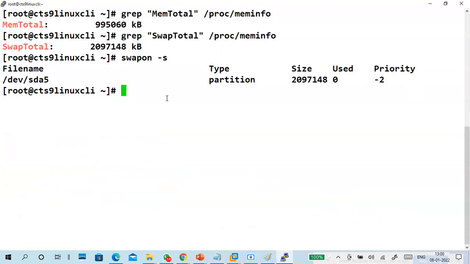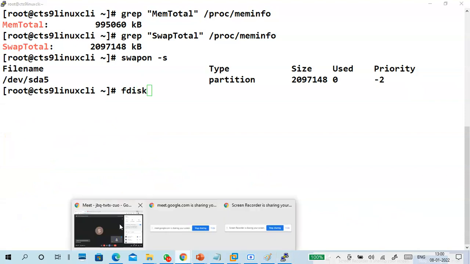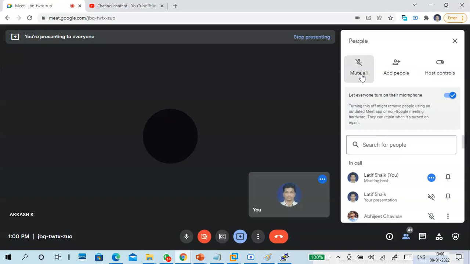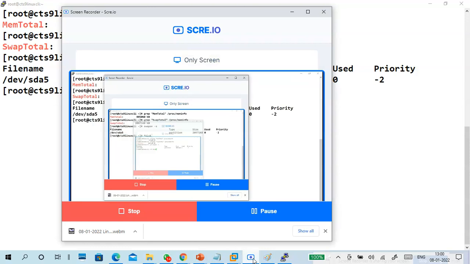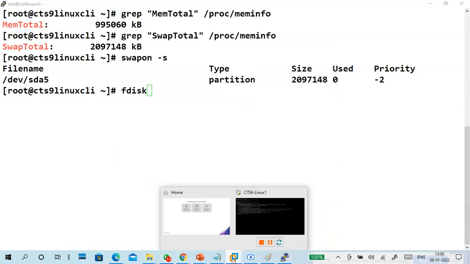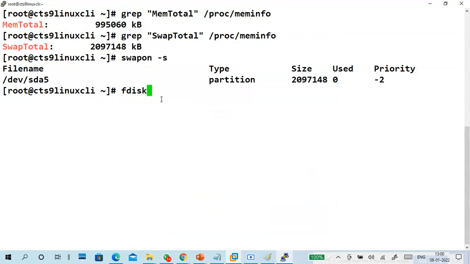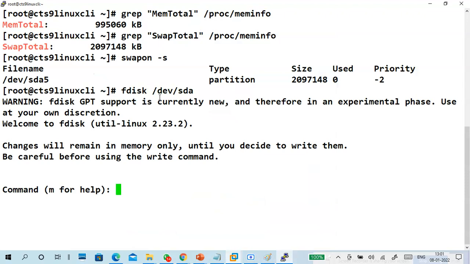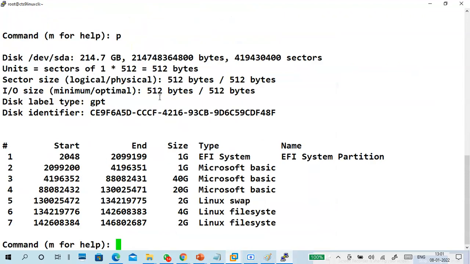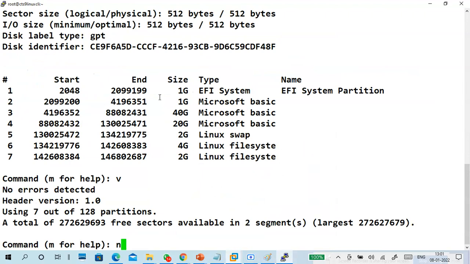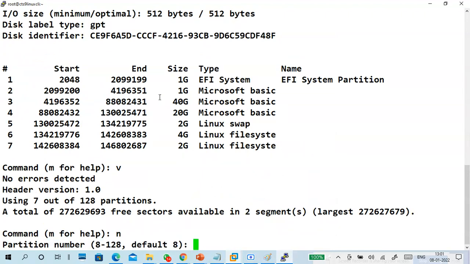Next, I want to create a partition. /dev/sda. That's it. P. Seven partitions are there. Free space is there. N, new partition.